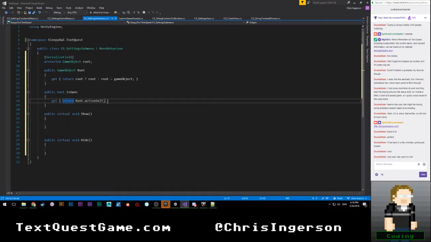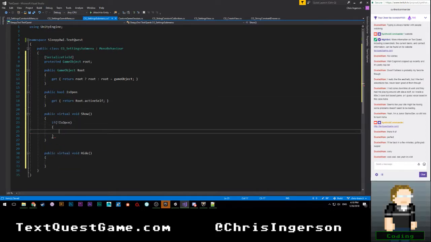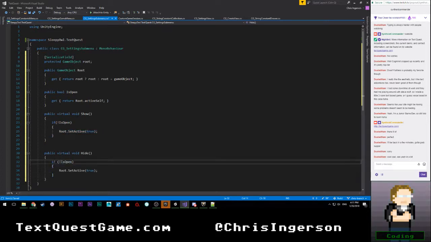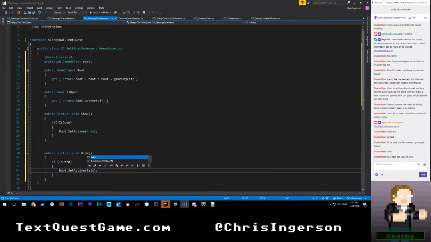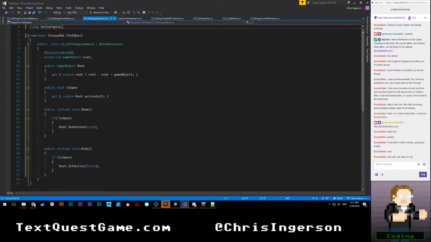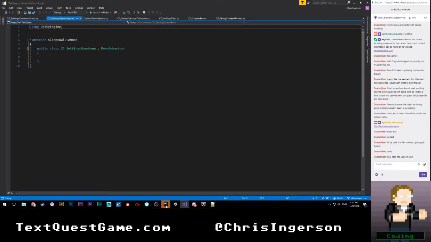Alright, then we're going to go ahead and say if not IsOpen, root.SetActive true. Let's go ahead and copy that, paste that down here. Do the opposite, so if it is open, we're going to set it to be false. Simple as that. Okay, so that should be good for our submenu stuff. Let's go ahead and close that.